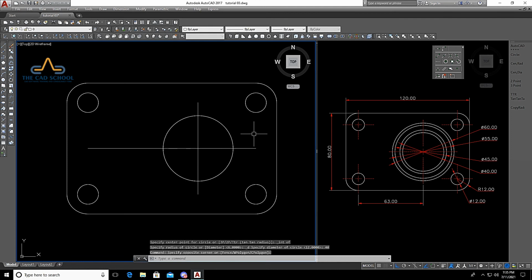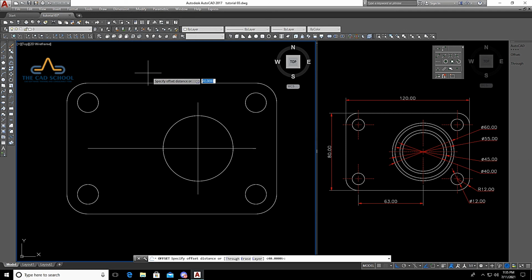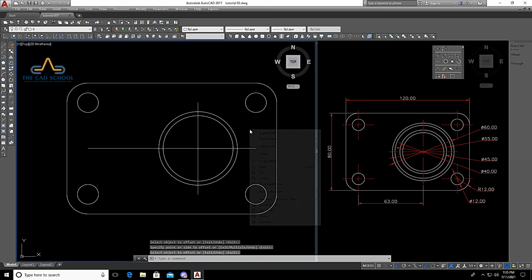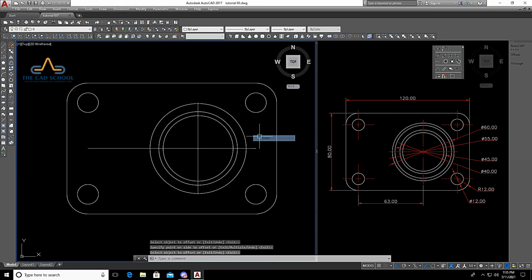Now instead of drawing the circles, I will use offset since the circles are concentric. So the distance between the circumference is 2.5. The next gap is of 5. All dimensions are in millimeters in the drawing.